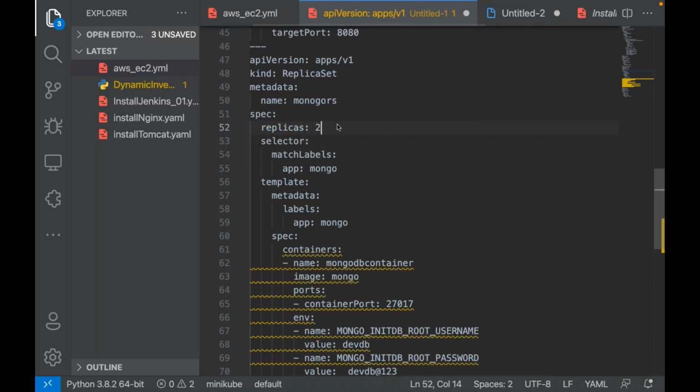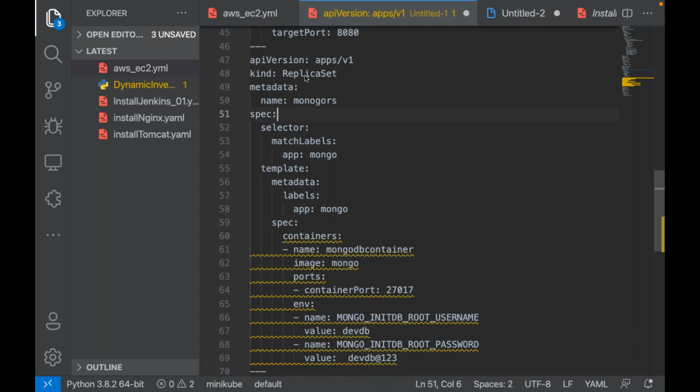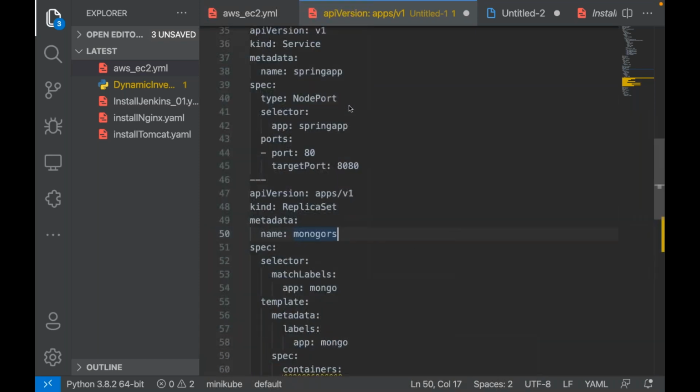I'm just starting with replica set, and later I will explain how to create a StatefulSet. Now, can I create an HPA for any replica set, any deployment, any StatefulSet if required? Yes.